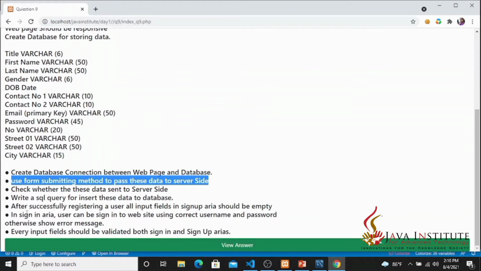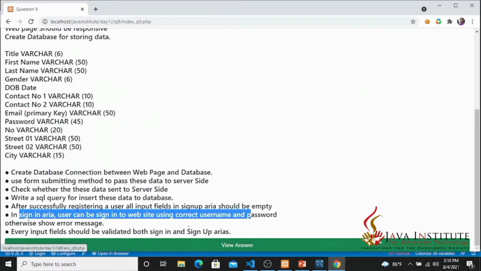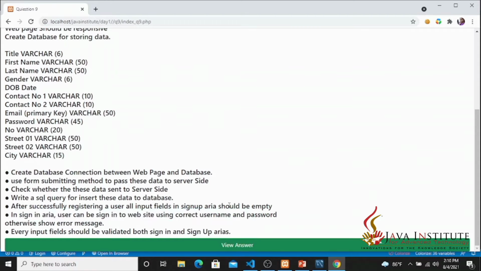In the sign in area, a user can be signed into the website using the correct username and password, otherwise show an error message. Every input field should be validated in both sign in and sign up areas. After successfully registering a user, all fields in the sign up area should be empty. So I have to validate all the fields here.